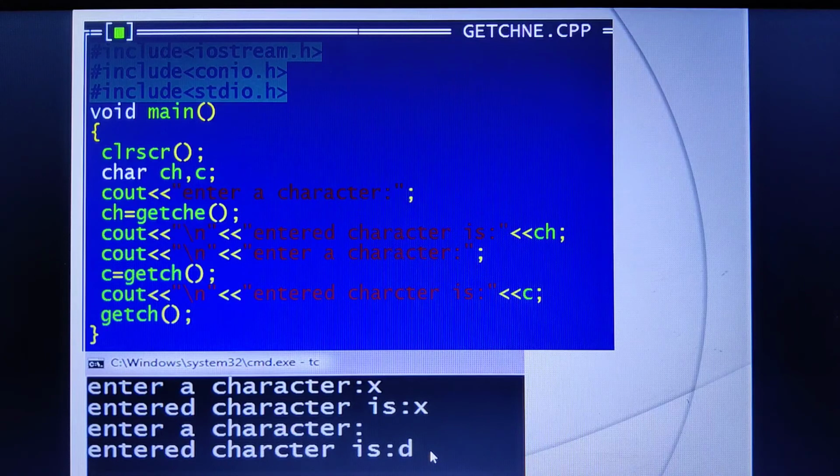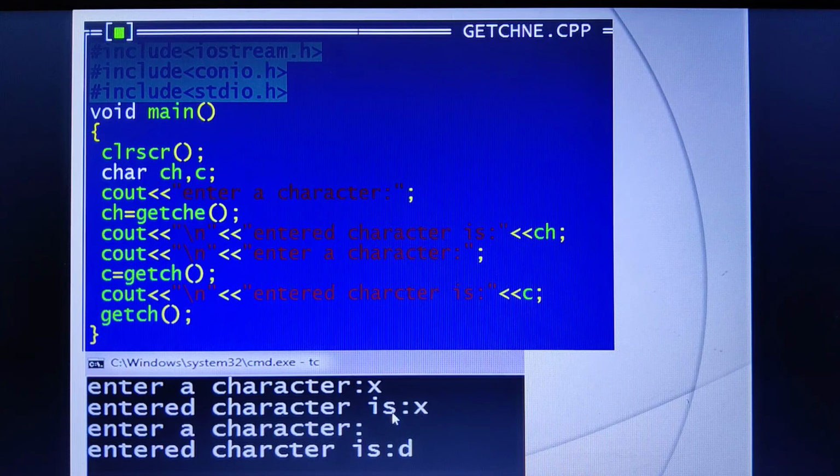I hope you are able to understand the difference. getche and getch are functions that belong to a library header file known as conio.h. getche, whatever it reads as an input character, automatically echoes onto the output screen.